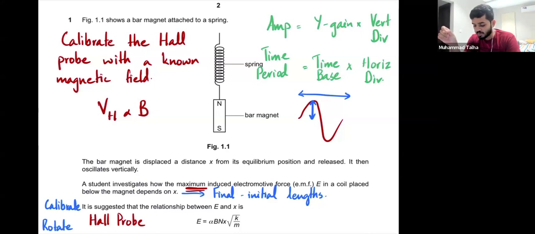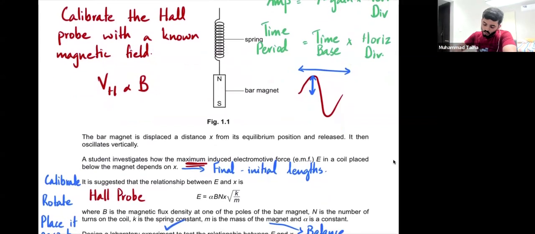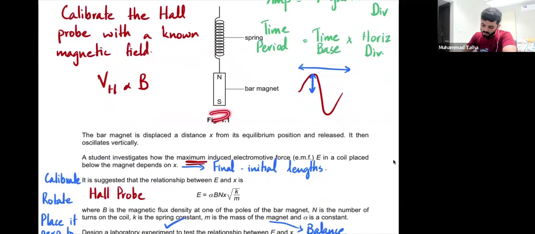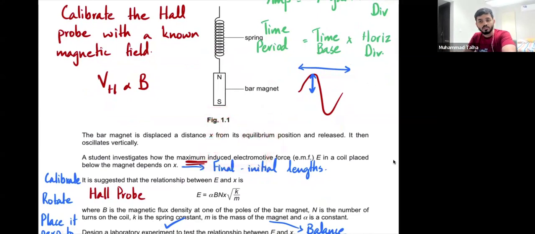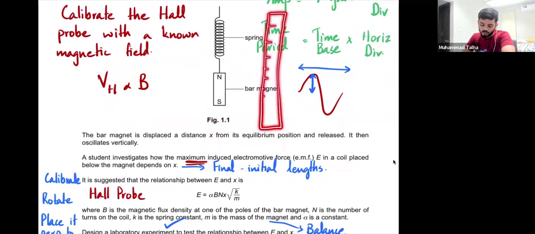I said that the diagram would be basically this, but with a clamped meter rule by the side to measure the displacement, right? And with the coil basically. So you'll have the coil which is placed beneath here, right? And to this coil would be connected the oscilloscope. Again, you want to draw the diagram, you want to draw the circuit symbol, it's up to you. You don't want to draw it, again, your call. As long as everything is labeled clearly, because it does mention a coil. And then to the side, you'll have a clamped meter rule through which you'll be taking the X readings as to how far it's displaced.